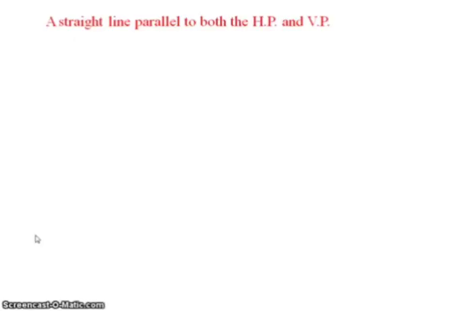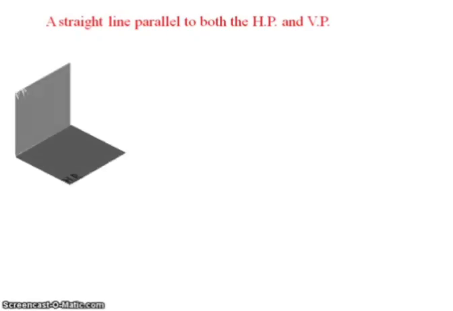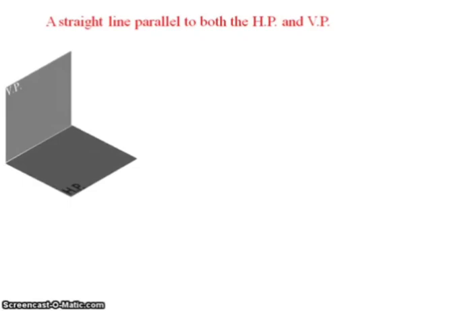The given straight line is parallel to both the principal planes, that is the horizontal plane and the vertical plane. So here I have taken the two principal planes, horizontal plane and vertical plane. This is like a first quadrant. So once again I am placing the line as per our condition, that is parallel to both the planes. Here I have placed the straight line AB, parallel to both the horizontal plane and vertical plane, positioned at certain distances from both principal planes, above the horizontal plane and in front of the vertical plane.